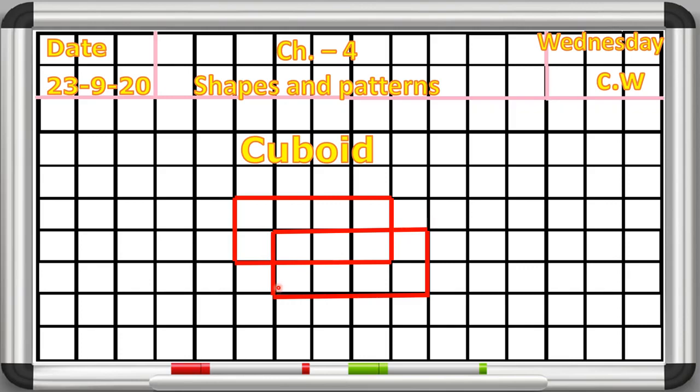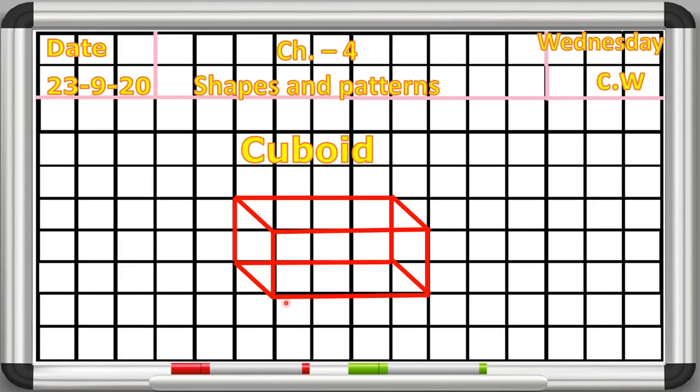इसको हम बोलते हैं 4 by 2 का, हमने एक rectangle draw कर लिया. Now बेटा, we have to draw a line by the corners of this rectangle. Okay, so from this to this corner we will make a line, then from this to this corner, and from this to this corner. Okay, so here we have made a cuboid.